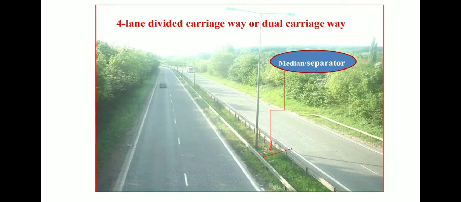So here in the figure you can see what exactly medians or traffic separators are. Many times when we move along the cities we come to see these types of separators. So the width should be 5 meter or